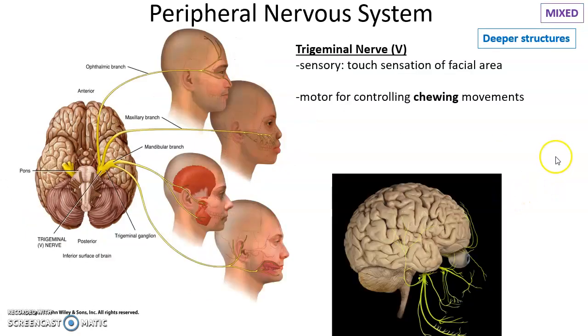Then we have the trigeminal nerve. Trigeminal nerve branches into three big branches, hence the name tri. It is a mixed nerve, both sensory and motor commands are being sent. So the sensory information, it can detect touch sensations. It can detect what's going on in the bones of the skull. So for instance, if you're getting a root canal, it's often a branch of the trigeminal nerve that the dentist